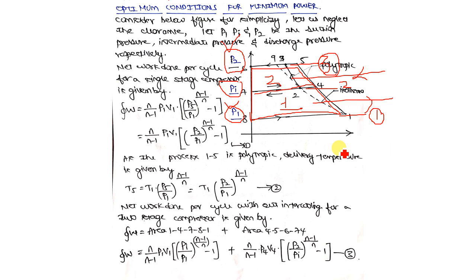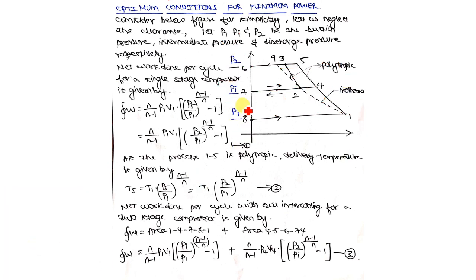Now, if I want to increase or decrease the work input to the system, let us see what different parameters I can vary in order to do so. Now, P3 is your delivery pressure. This has a constraint. If your air compressor is designed to operate at such a pressure, you cannot change the output pressure, correct? You are expecting a 10 bar compressor. That means you expect 10 bar to come out of the compressor, not more, not less. If you buy a 12 bar compressor and you are getting a 15 bar output, then it will spoil the whole system, isn't it?